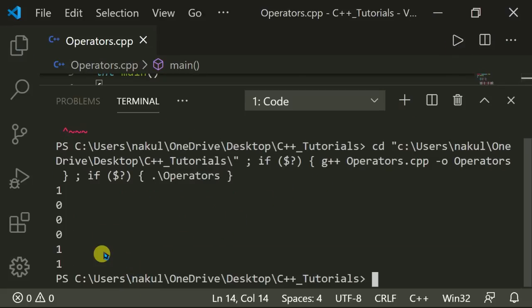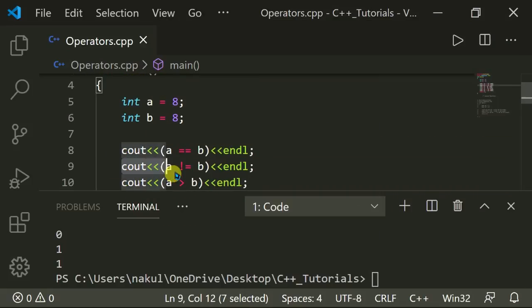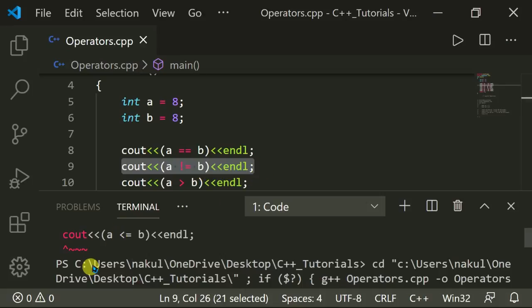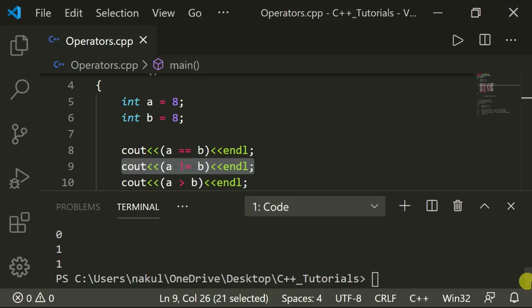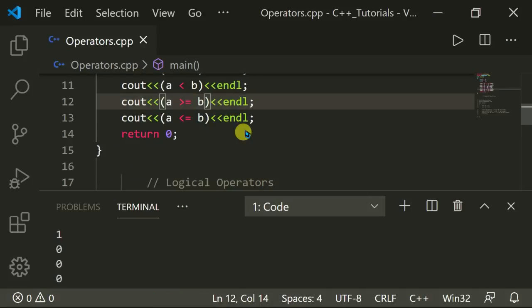Just look here, the first statement is true, because both variables are equal to each other. The second, a is not equal to b, is false, and the third is false, and the fourth is false.